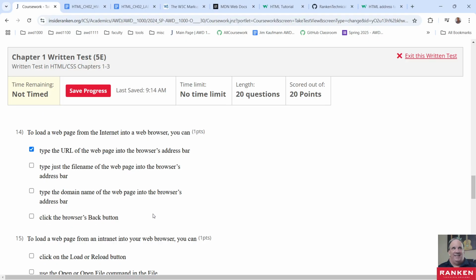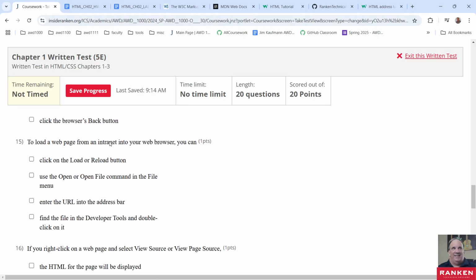into the address bar. To load a web page from an intranet into your web browser, you can. I don't really like this question, to be honest with you. I just look at the intranet being like your computer and stuff like that. And I don't know from the context that they really made this question, right? And like I mentioned yesterday during the lecture, to open up a web page from a local computer, in Chrome and the different browsers, I don't know if it's the case for all web